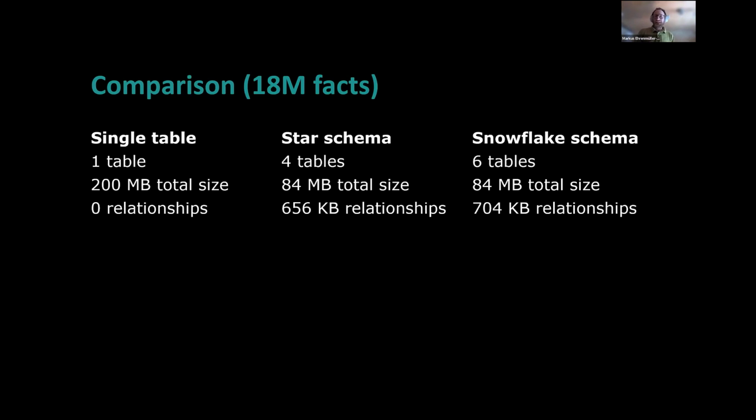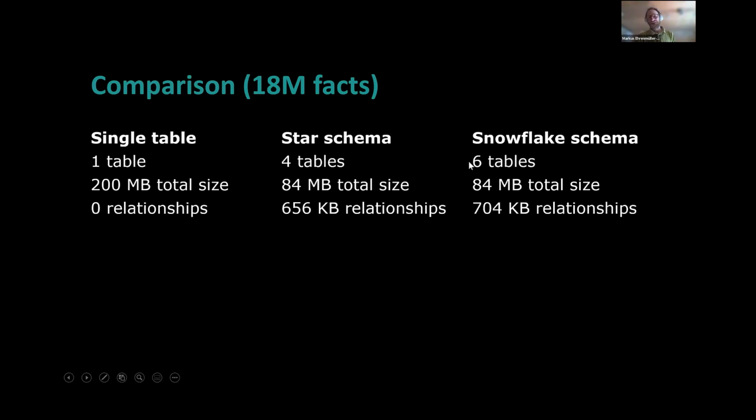It's also good to know that relationships are stored in the model. So if I create a relationship, it increases the size of my model because Power BI or Analysis Services Tabular is storing the keys of one table and the keys of the other table in one object. So it's like an index, makes it easier to find all corresponding rows from the other table by just accessing this index. So of course, in the single table, we don't have any relationship, but this is much bigger. So the 600 or 700 keys for the star or snowflake schema doesn't really count. So it's negligible for this 84 megabytes.